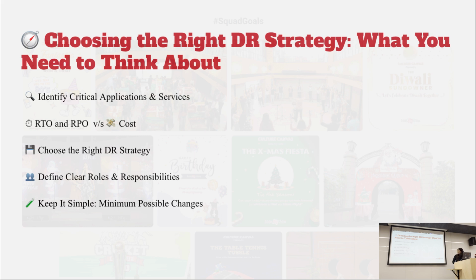Keeping it simple with minimal possible changes is again important, because we humans are very prone to errors. We'll make mistakes, right? So you can identify what all manual changes will be required if such a scenario occurs, and then you can automate as much as possible, so that a minimum amount of manual intervention is needed. And again, you can have checklists to adhere to the policies that the business has defined.